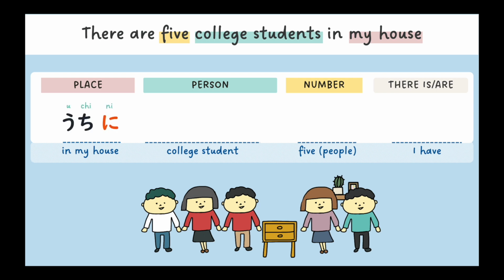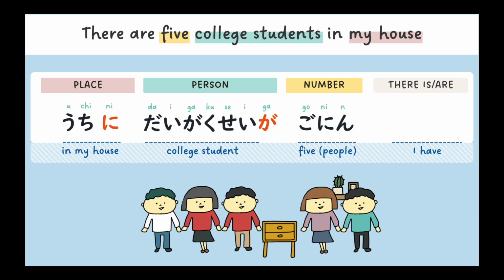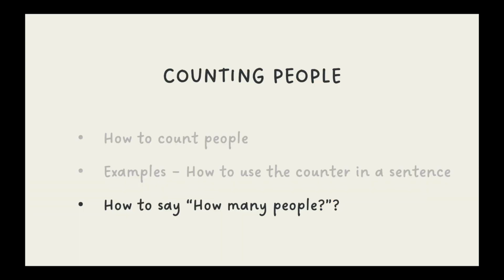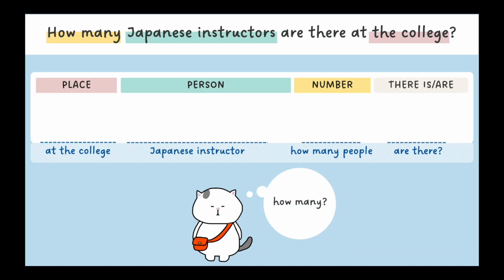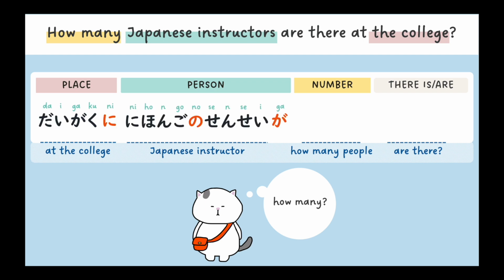うちに大学生が5人います。Next, let's learn how to say how many people. It's 何人. So what do you say if you want to ask how many Japanese instructors are there at the college? 大学に日本語の先生が何人いますか？